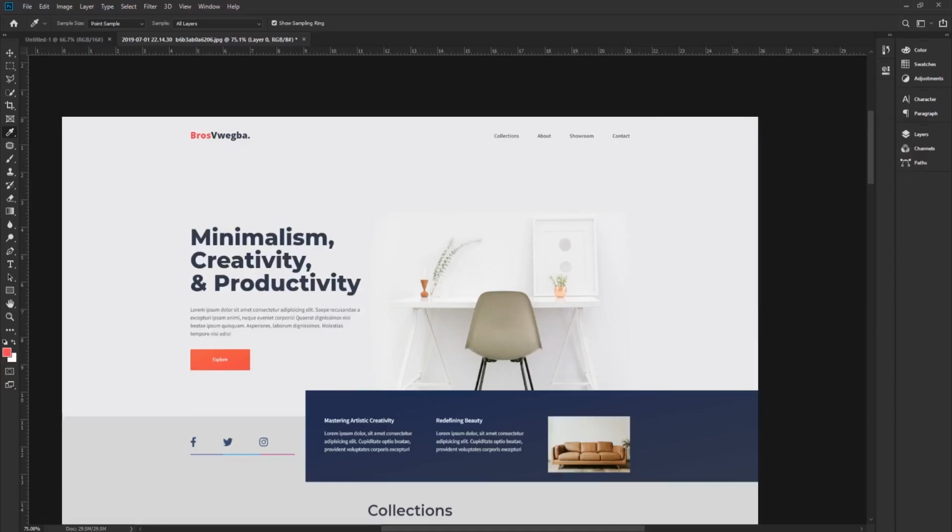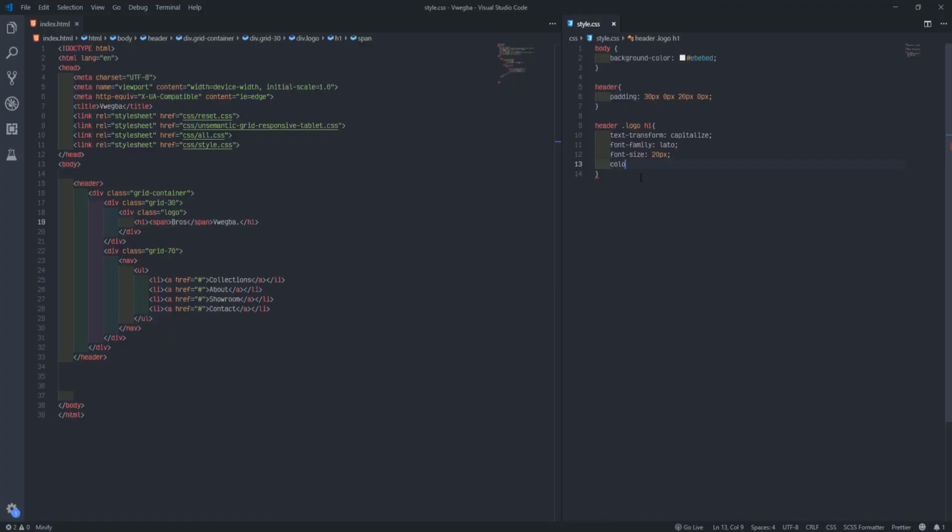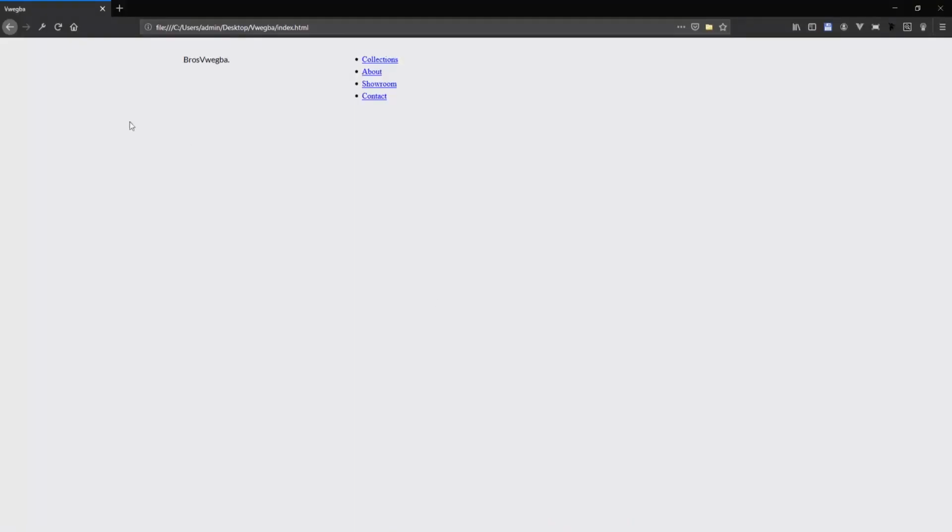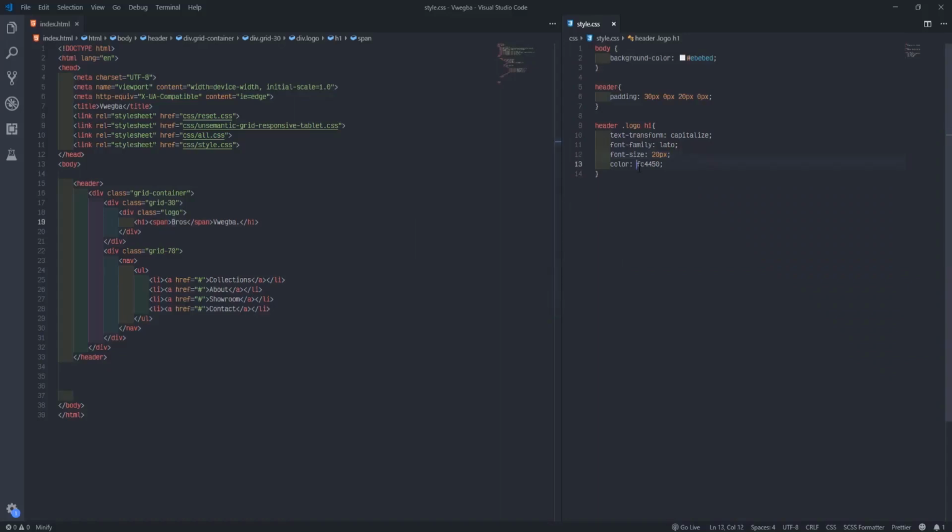Then I'll go back. I'll say color and Ctrl V. So mine's on my browser, I refresh it. The color never changed. What did I do wrong now? Okay. I did not put the hash here. This is my mistake. I did not put the hash here. So if I refresh, we don't get this color now.